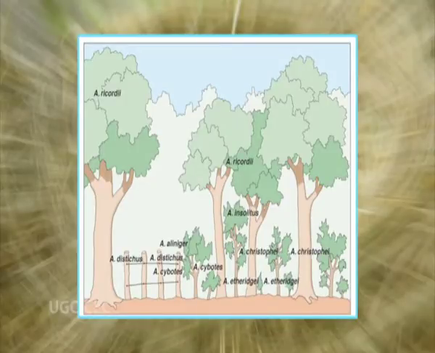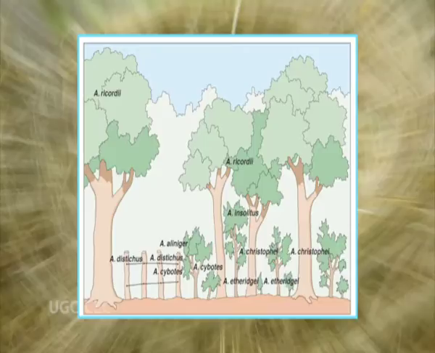The anole lizards found on the island of Puerto Rico are a good example of resource partitioning. In this group, natural selection has led to the evolution of different species that make use of different resources. The figure shows resource partitioning among 11 species of anole lizards. Each species lives in its own preferred habitat, which is defined by type and height of vegetation, that is trees, shrubs, cactus, etc., sunlight and moisture among other factors.